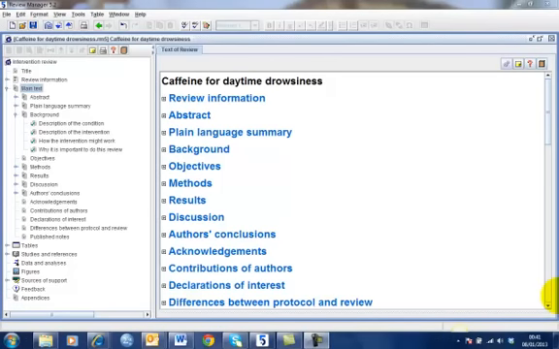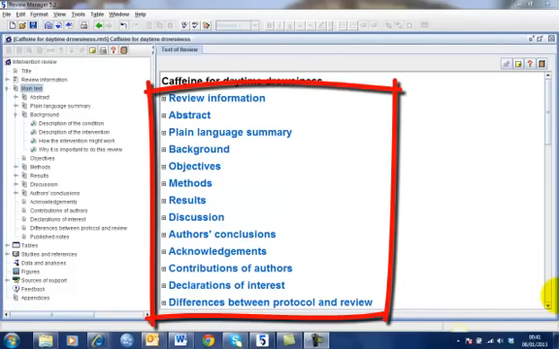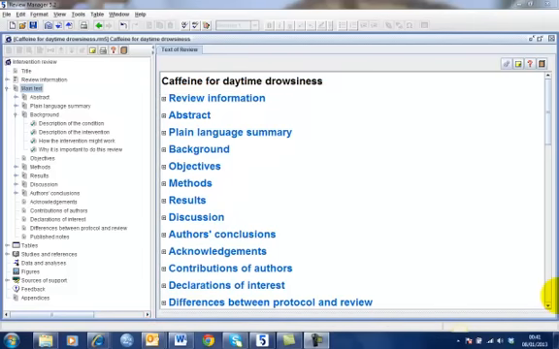The main text of every Cochrane review contains fixed headings. These fixed headings are included as protected text, which cannot be deleted and is shown in blue. Headings are structured through heading levels, with heading 1 being the highest level. This is reserved for the main section headings, such as abstract and discussion.